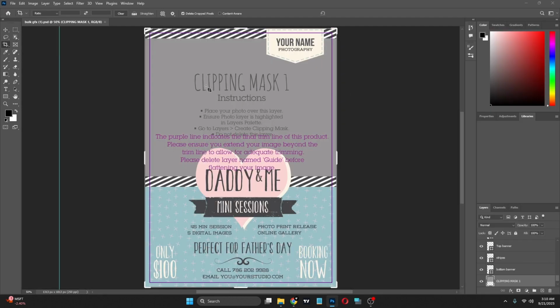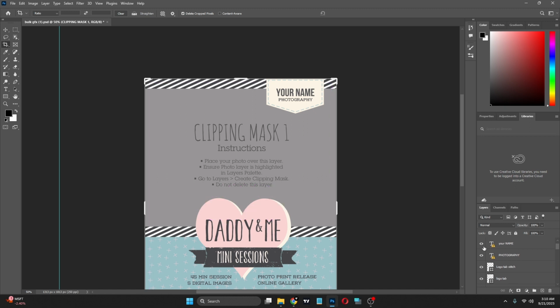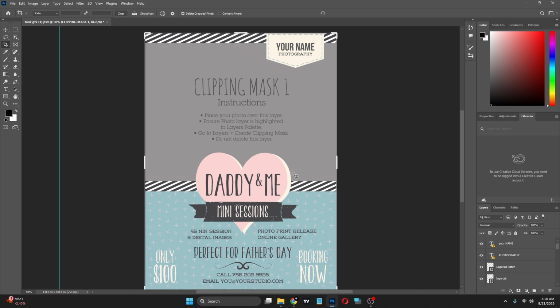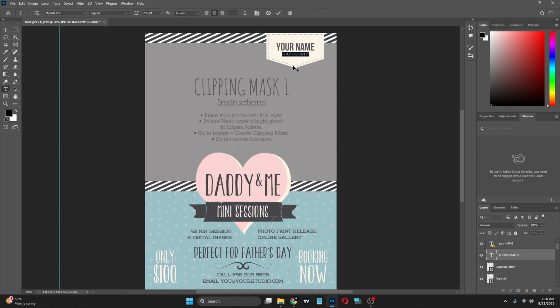Here you can see these are clipping mask one instructions. You can just write instruction from here. So the guide is right now. You can completely customize this photography. You can edit the text, just need to double click or replace, and here are your own name, just like